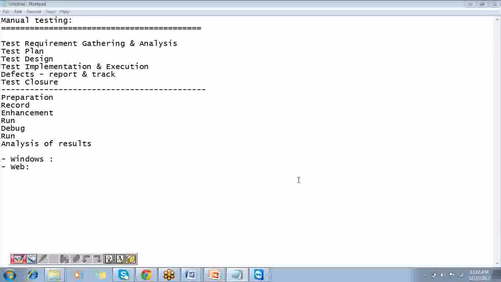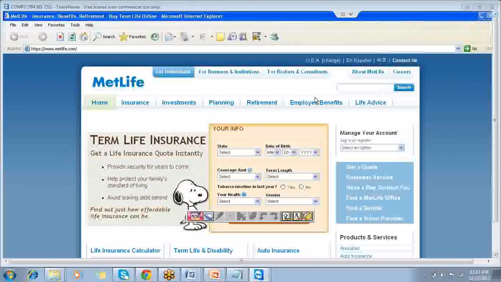Okay, let's try to first understand what are those applications. We need to understand the features, right? So before we start doing the testing, and then we will do the preparation also, and then we will follow all the steps that we have written over here. Okay,